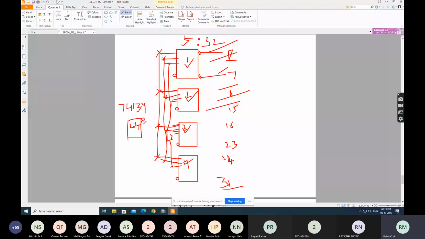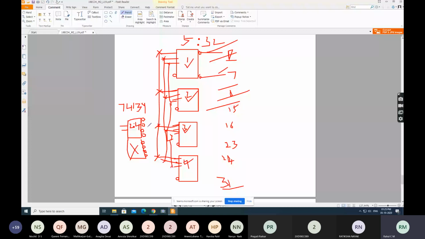These outputs are also active low. Correct? How many inputs are there? There are 2 inputs, and I have to take one more IC here. But this lower 4 I will not use. I know it is a dual 2:4 decoder, but I will not use the lower one because one is enough for me to control. Understanding?